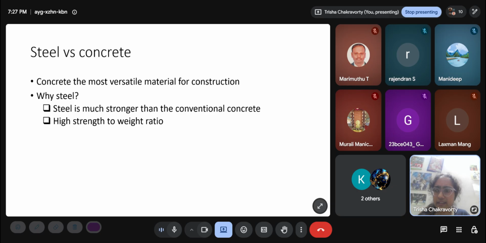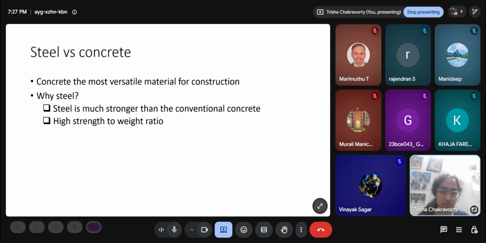So you can see that the cross sectional area is much lesser. As a result, it's very lightweight. I'm just giving two common examples of the dimensions that I use. There are much larger steel sections as well. You can build up composite sections as well, but generally steel structures are lightweight, so that's why they are used in bridges and high rise buildings, where the self weight itself becomes a very big issue.